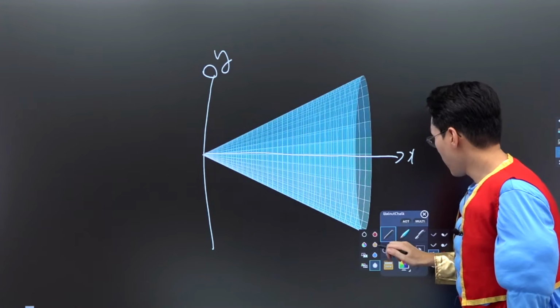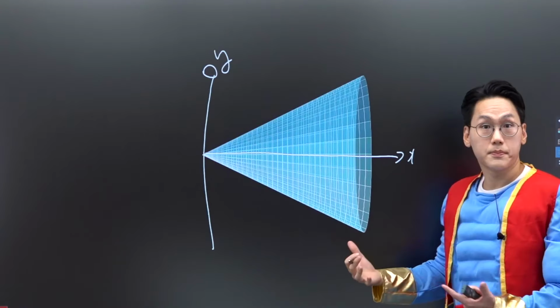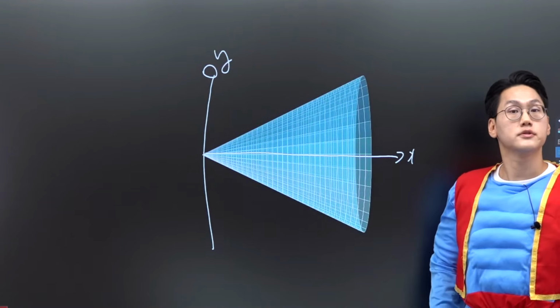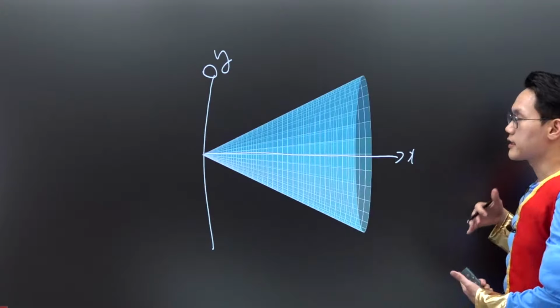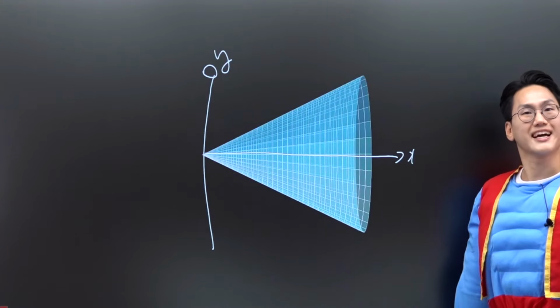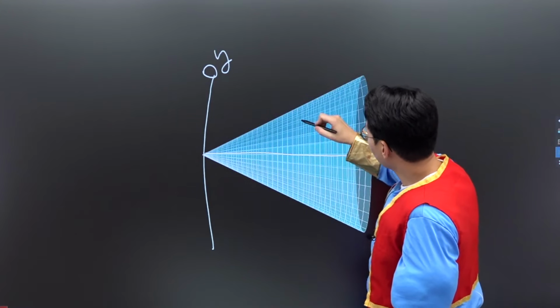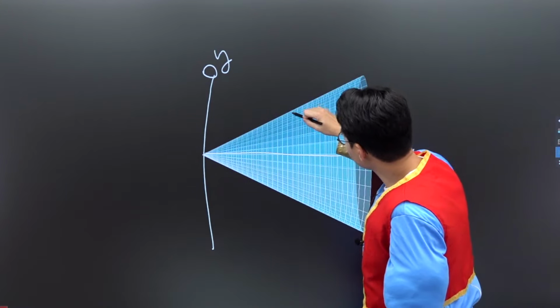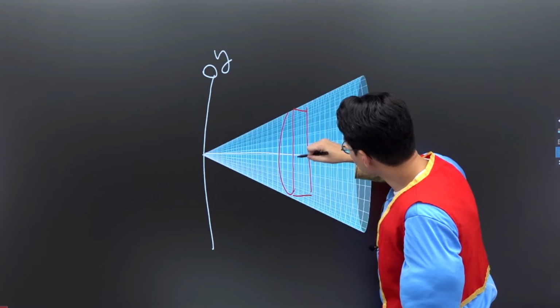Right, then what we were able to approximate was the volume of revolution along a certain axis. In this case, as you can see, I can approximate the volume of revolution along the x-axis, right? So if I, for example, approximate the volume using an infinitesimal, in this case it's going to be a cylinder, isn't it? So if I do the volume of revolution, then I got this infinitesimal